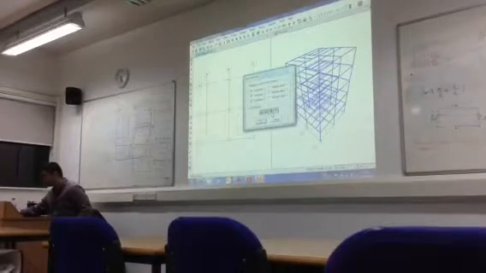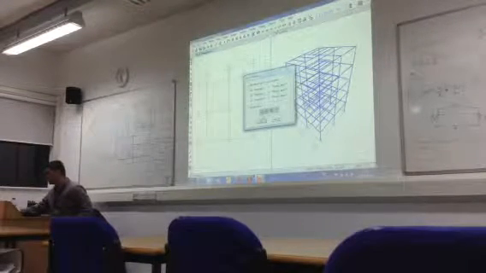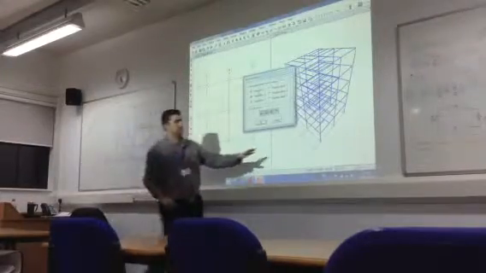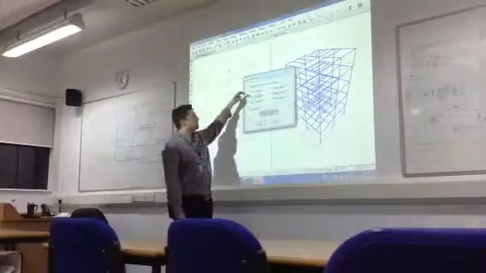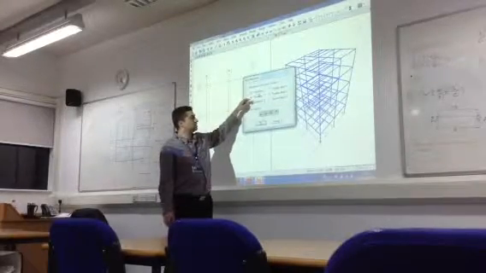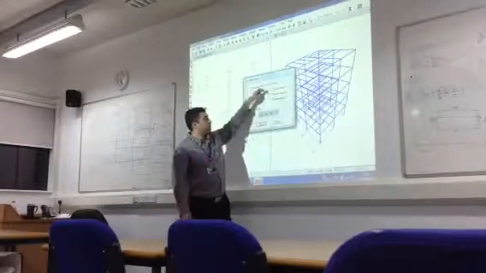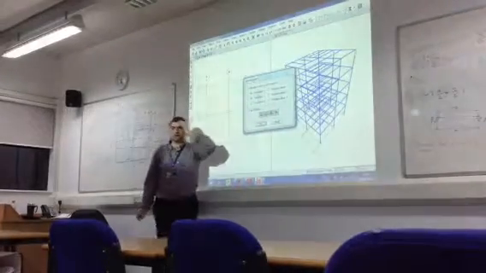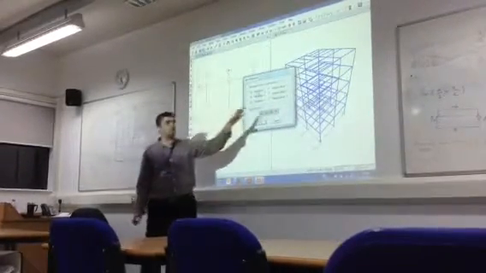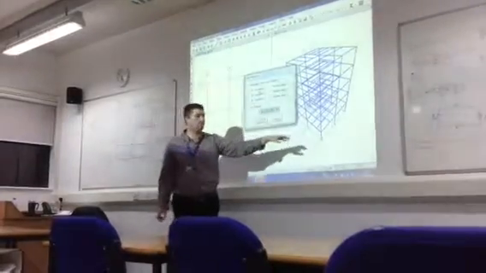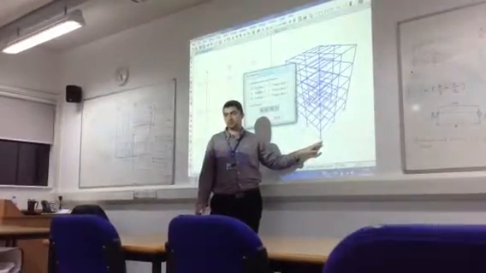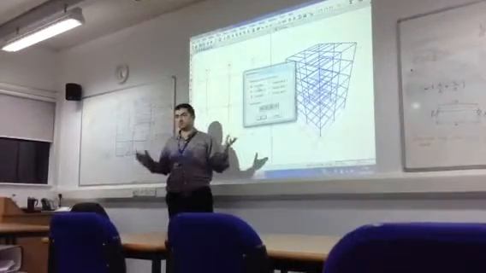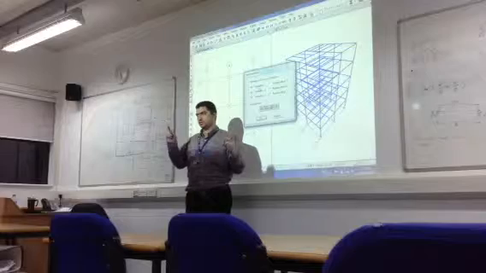In restraints, you choose to restrain these nodes in 1, 2, 3 directions. If you choose rotation, these will be fixed. So for our structure, which is braced, our column bases are just restrained as simply supported. Okay, so it is just restrained